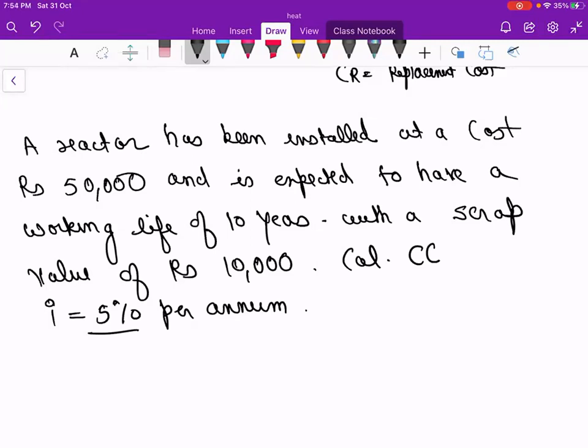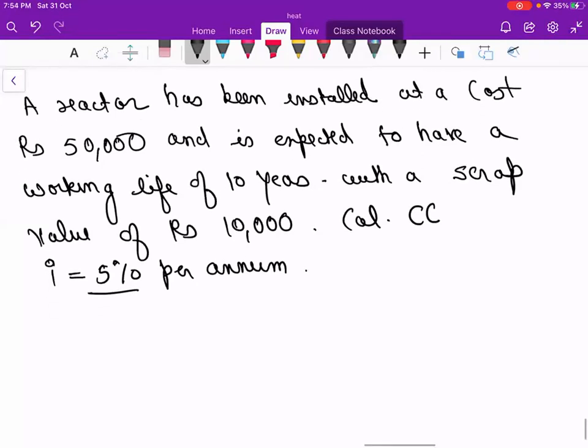If i is given periodically, then you have to convert it into the annual rate. Don't worry, I will explain this question. See this, the solution is: